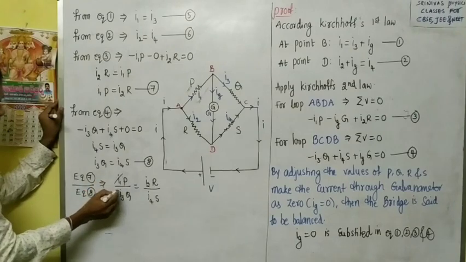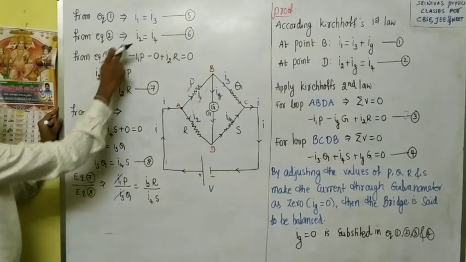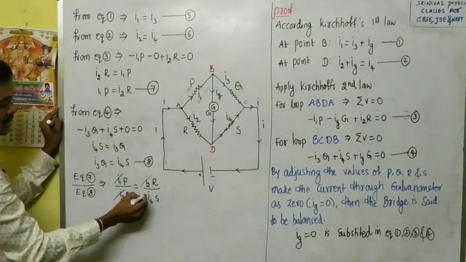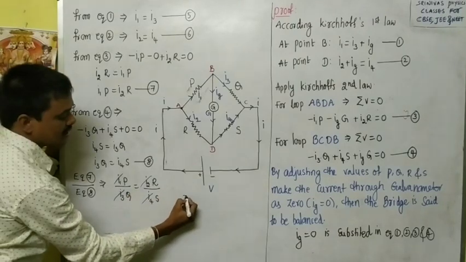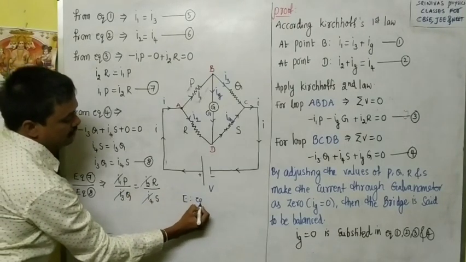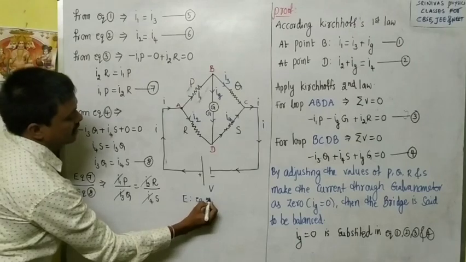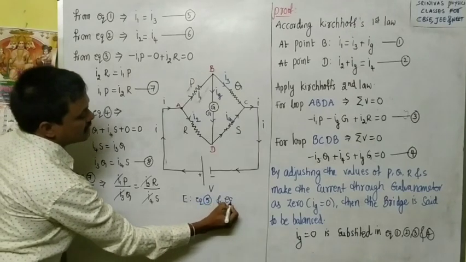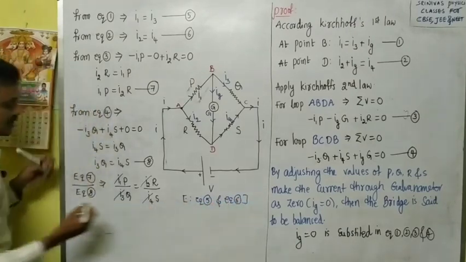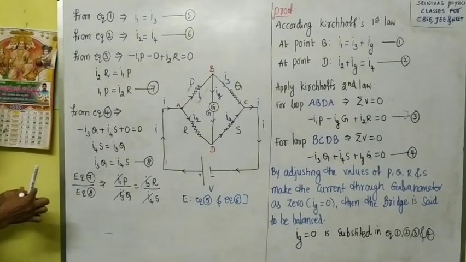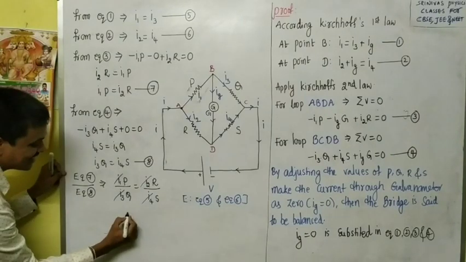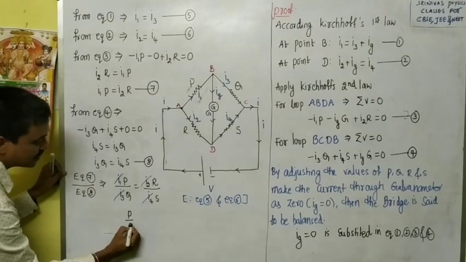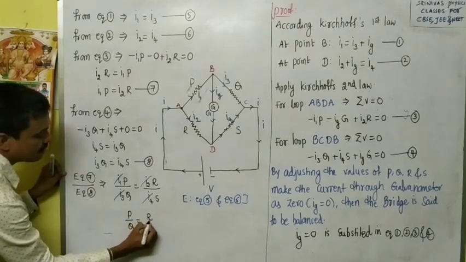That's why this and this will cancel. And I2 and I4 are also equal. This and this will cancel. These are cancelled from equation 5 and equation 6. Next, what will you get? The final equation. The final equation we will get is P by Q is equal to R by